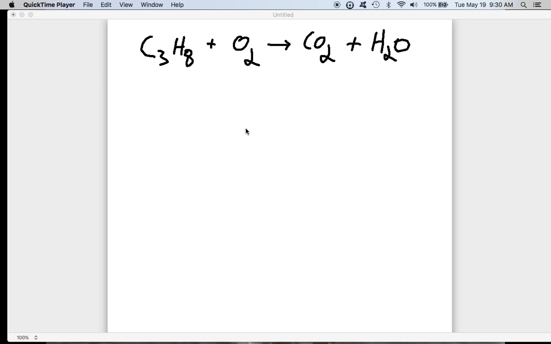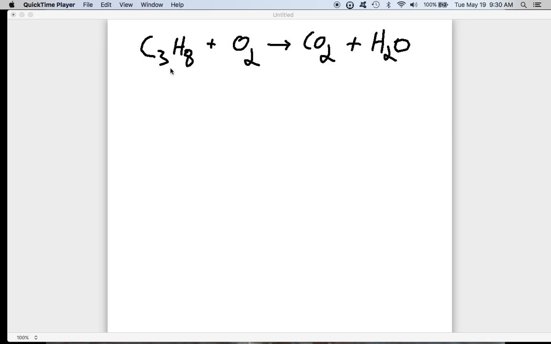Hey guys, today I would like to talk about mole ratios and mole to mole conversions as we continue our exploration into stoichiometry, which is cooking with chemistry. Today we're going to cook some hot dogs, but in order to cook some hot dogs, we have to